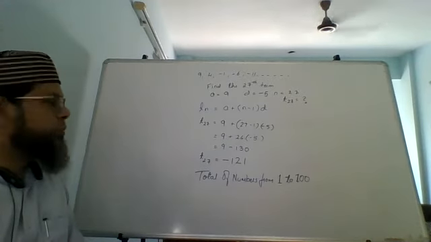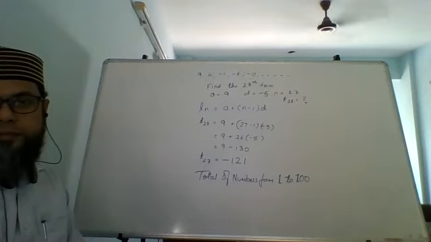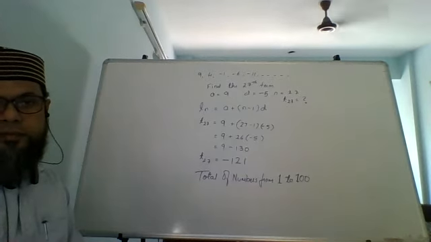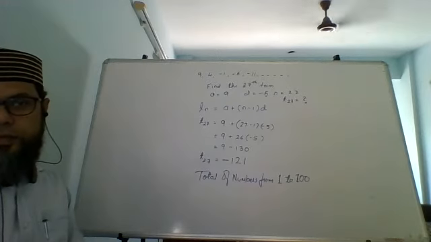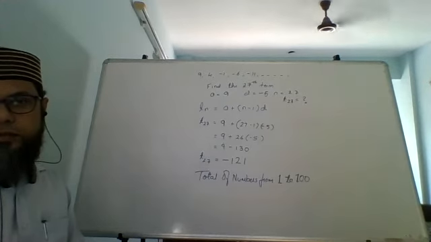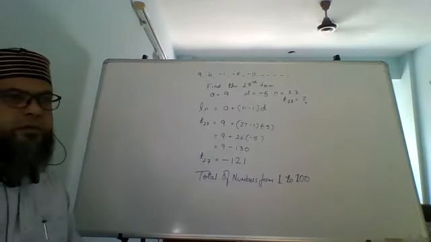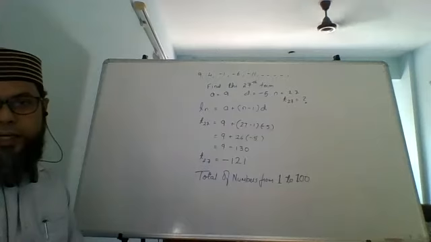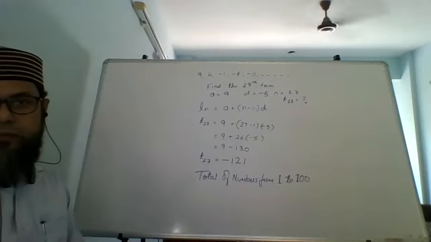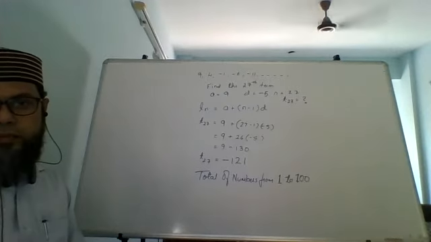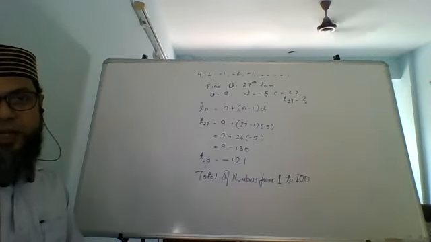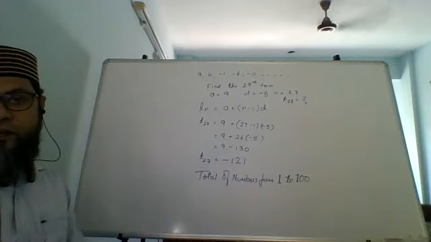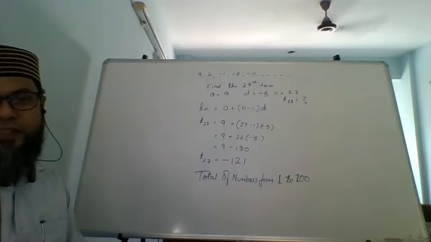Total of numbers from 1 to 100. Some are very fast over here. Right or wrong, that I don't know, but they've added it very fast. And I don't know, again, everybody is getting the same answer. Whether it is right or all of them are wrong, that I don't know. Everybody is answering 5050. Sometimes it happens, no?